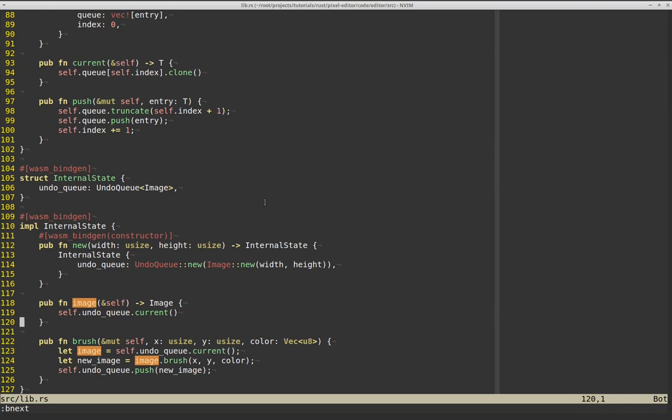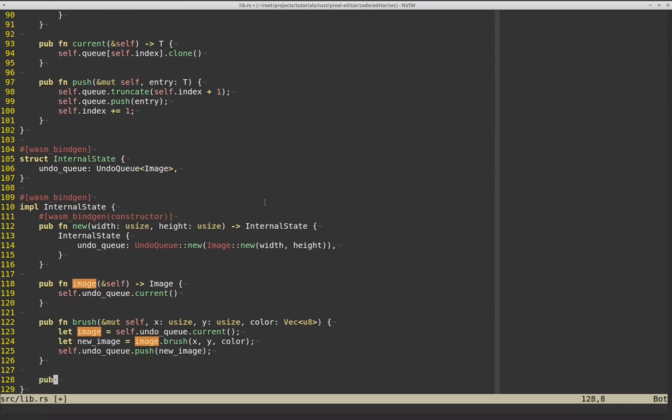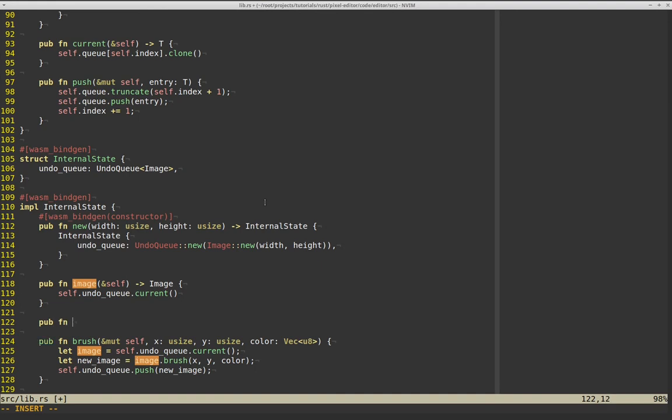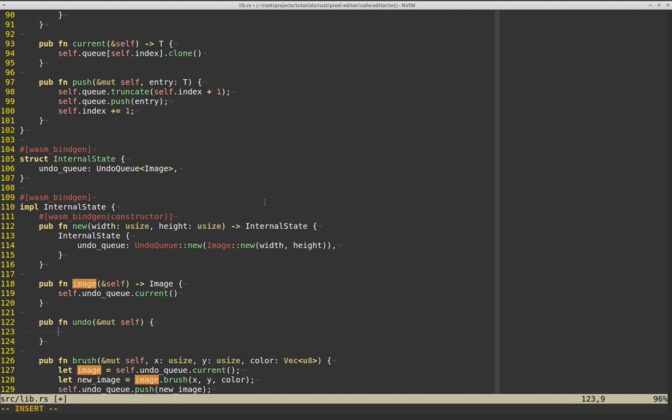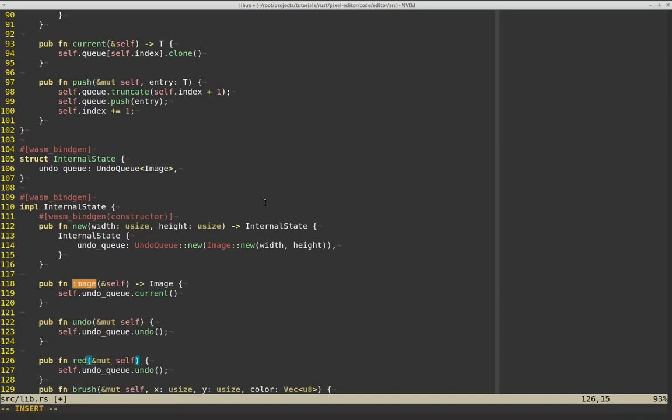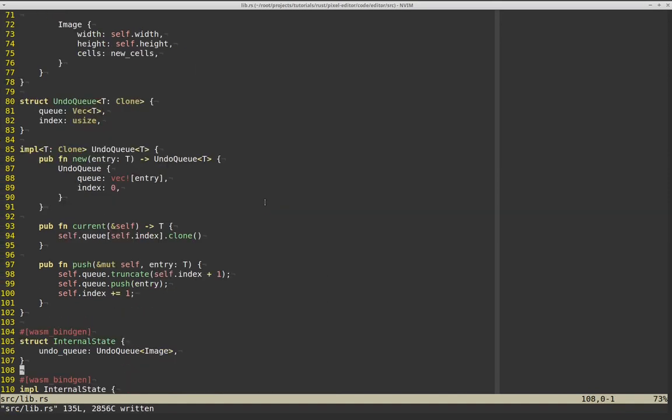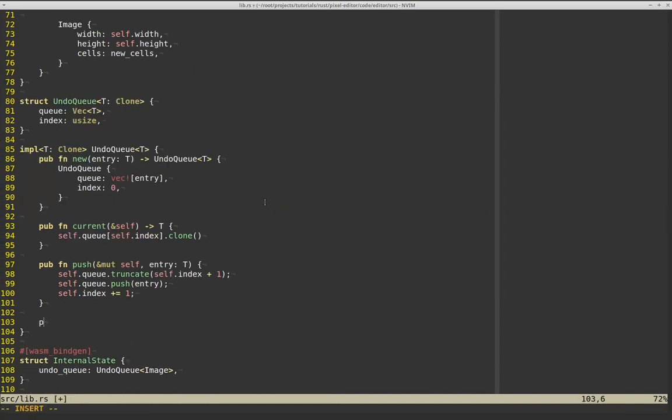If we come back to our Rust code, this function now needs, I'm going to add them here, undo code. It's going to be mutable in this case. It's not going to return anything, and it's actually just going to pass it through to the undo queue underneath. So we're going to call undo on that. And similarly, we can call redo in this situation. We can now take these and call undo. Again, it's going to mutate itself, but it's not going to return anything. And in the case of undoing, we are just going to